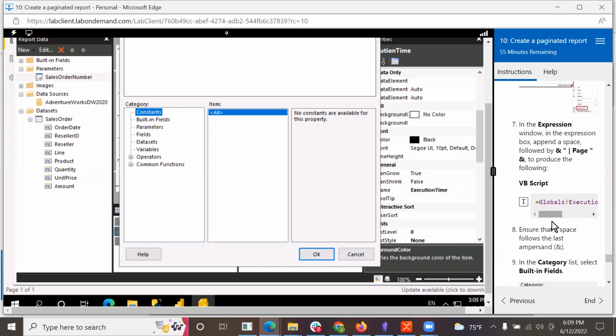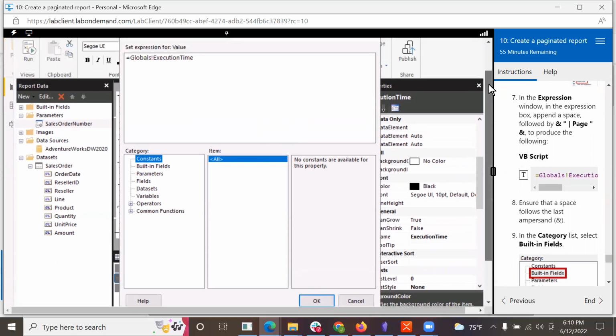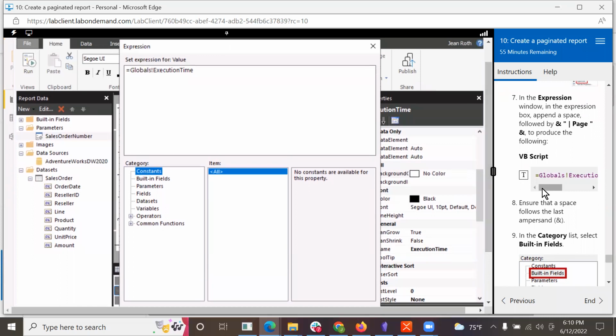In the expression window, in the expression box, append a space. What? I do not understand what they're asking for. Okay, just try. Global execution, then append a space. All right, so here, append a space, followed by